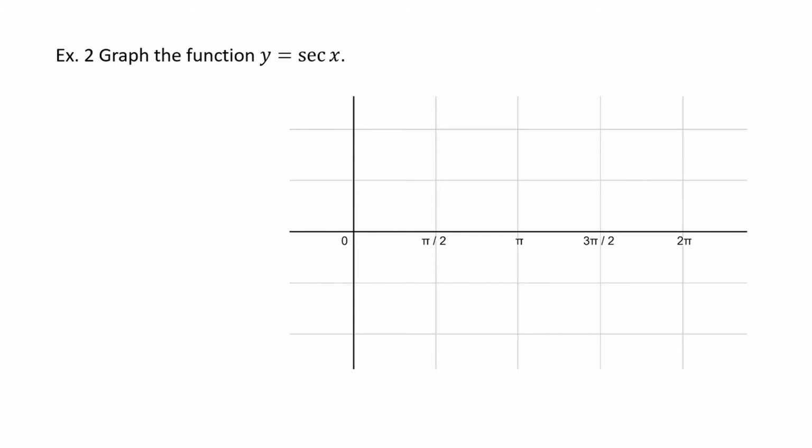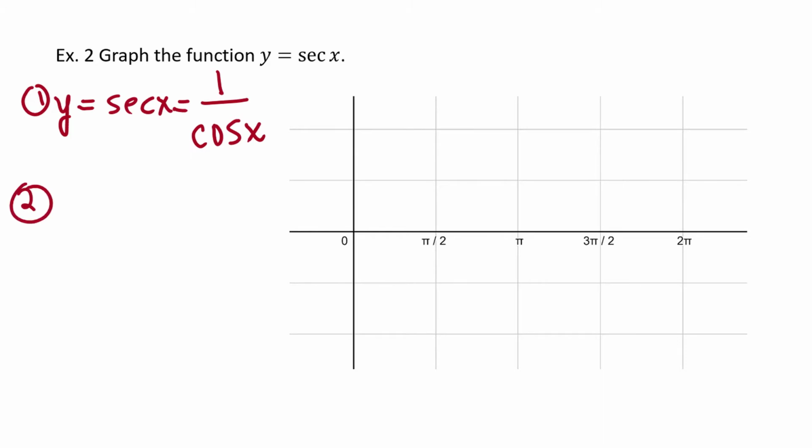Graph the function y equals secant x. I'm going to begin by acknowledging that y equals secant x is a reciprocal function, equivalent to y equals 1 over cosine x. The next thing I will do is sketch